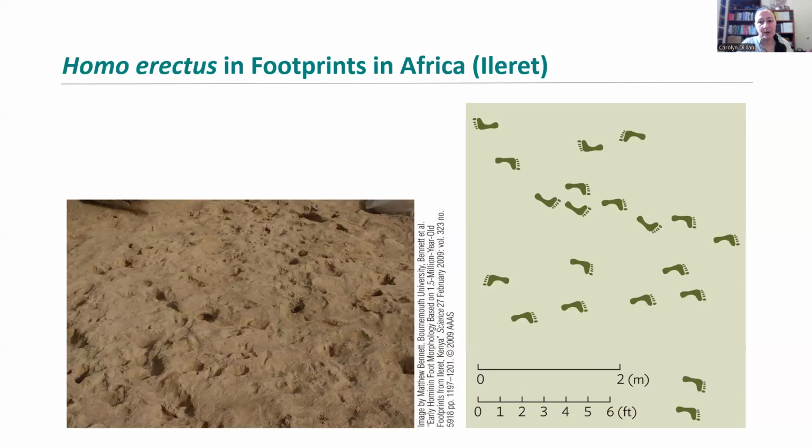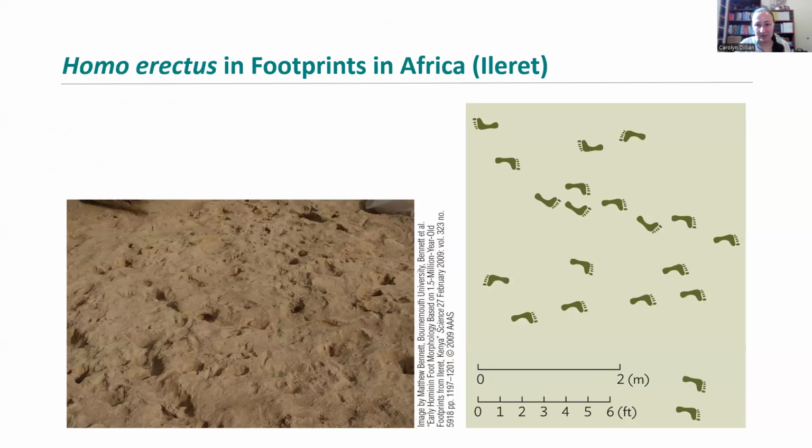So the site dates to about 1.5 million years ago, and that's because we have multiple layers of volcanic ash that really sandwich the site. Remember, volcanic ash is easily dated using potassium-argon or argon-argon dating. So the prints that you can see in this picture on the right, this is a schematic of the footprints, are nearly indistinguishable from prints that a modern human would make,